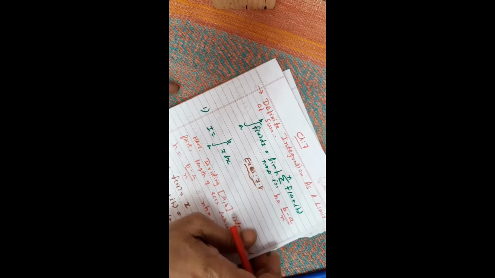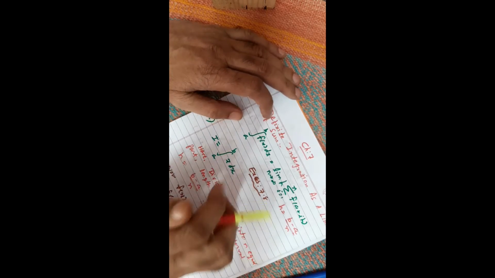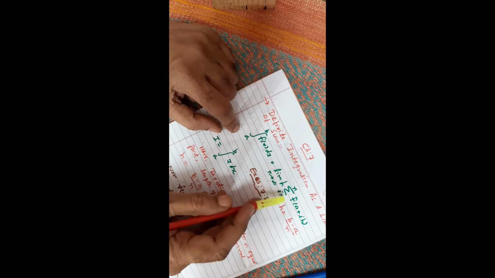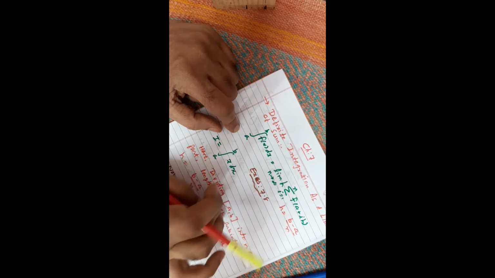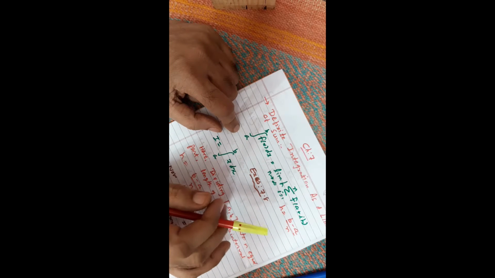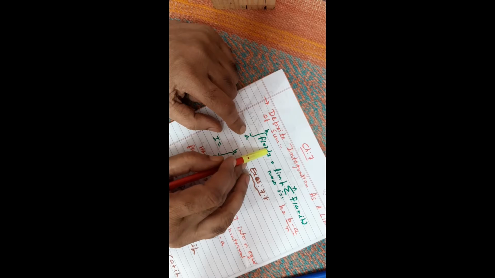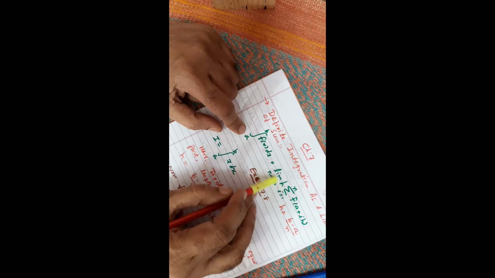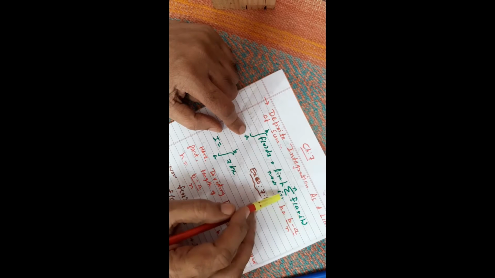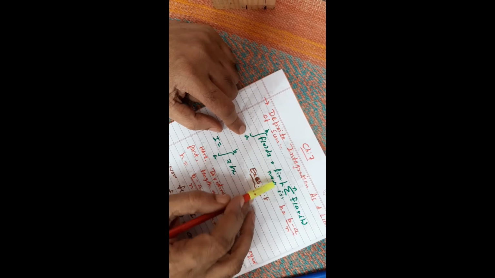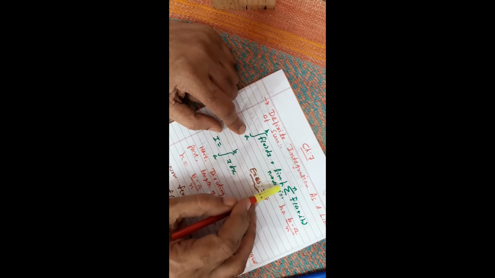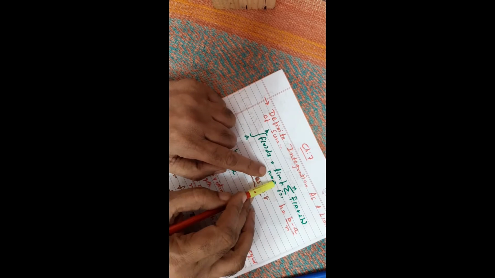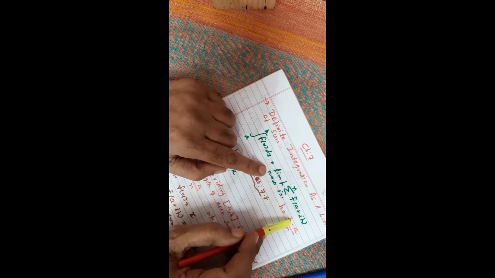Now, in the last lecture what we have seen was definite integration as a limit of sum. What was the formula? I have written the formula because it is required in this exercise 7.8. So integration of f(x) dx from a to b is the limit of h sigma f(a + ih), i from 1 to n, where n tends to infinity or h tends to 0. Hope you remember this. The value of h is (b - a)/n.